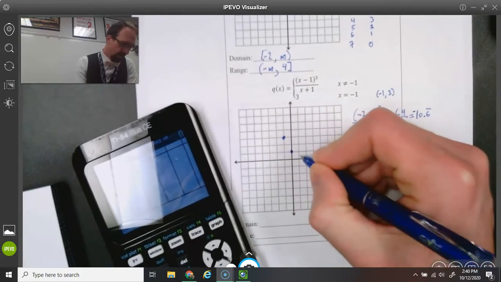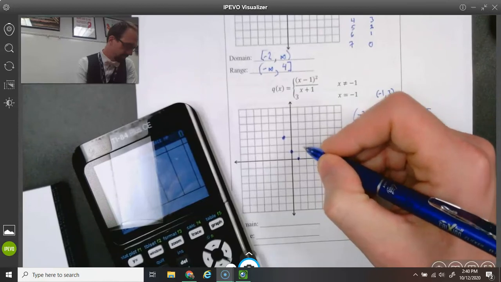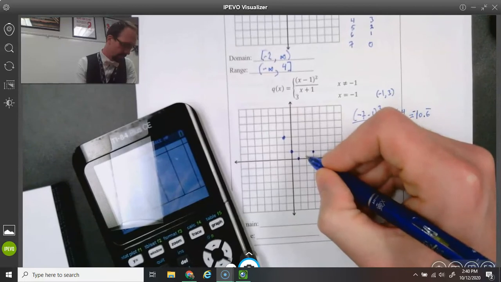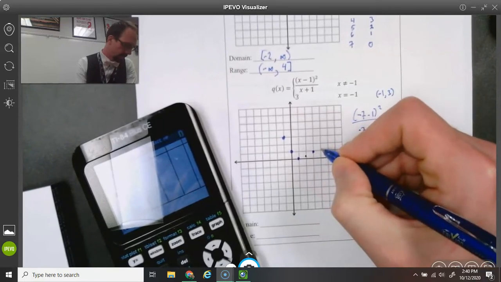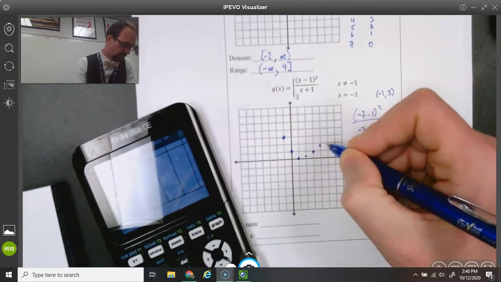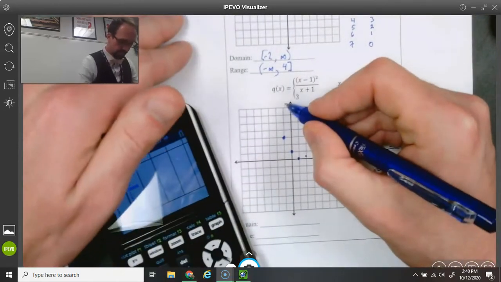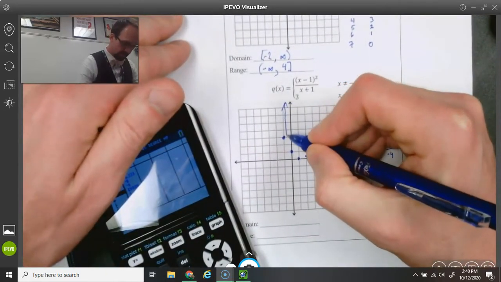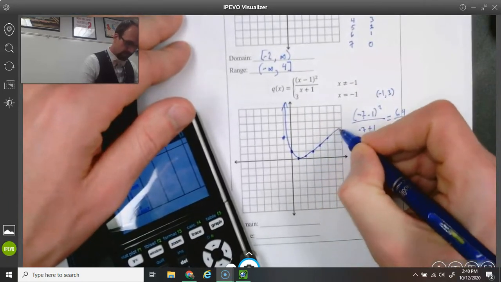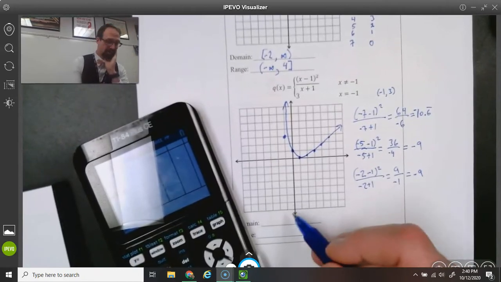0, 1, 1, 0. 1, 2, 3, 1. So here it's this. 4, it's at 1.8, somewhere like that. 2.6, and so on. So it does this sort of thing here. Again, it's just below this graph down here, so it does actually do this, which is important to know